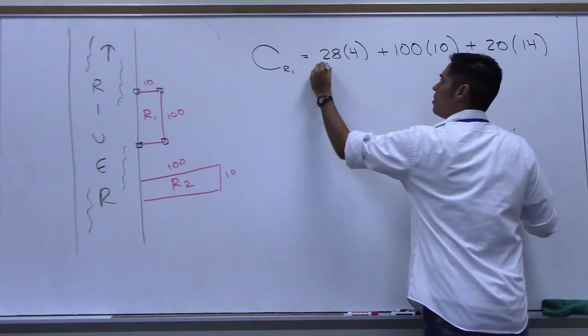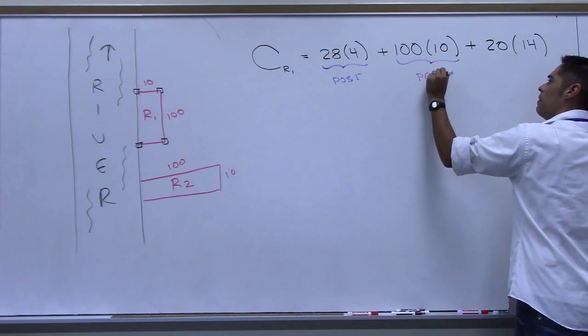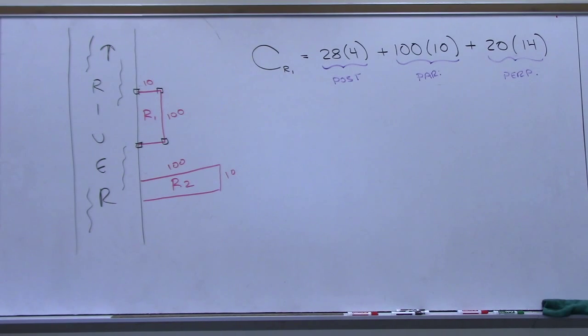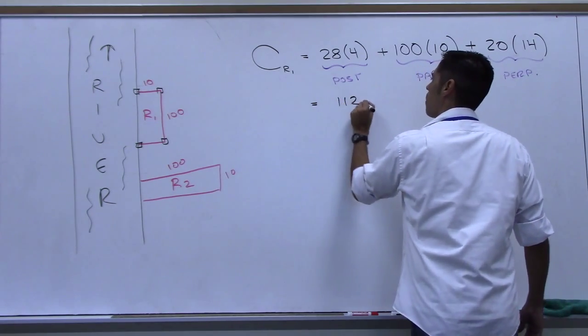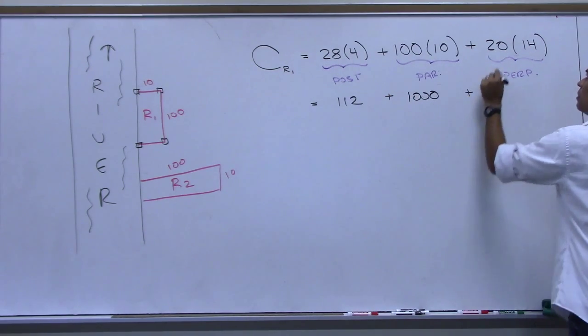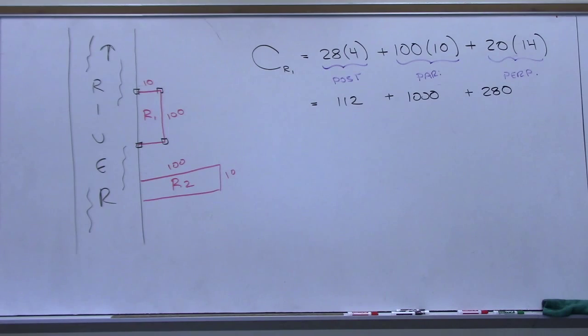Okay, so this is the cost of the posts. This is the cost of the parallel fence. And this is the cost of the perpendicular fence. Are there any other costs that I'm missing here? No, this is it? Everyone see it? How much is this? So it's 112 plus 1,000 plus 280, which is 1392. So $1,392